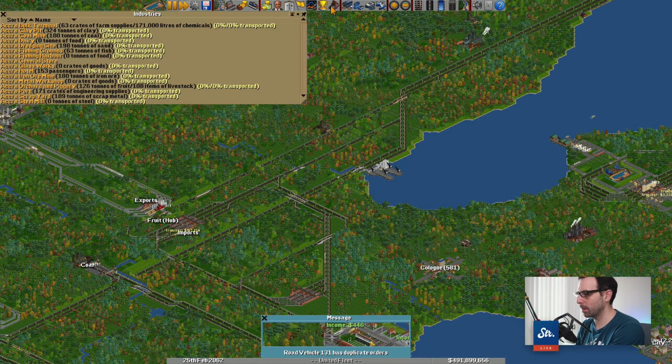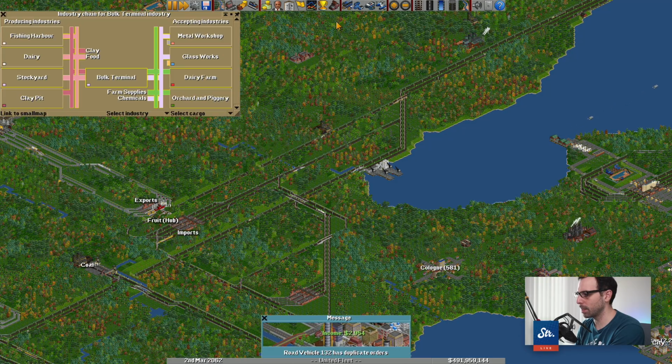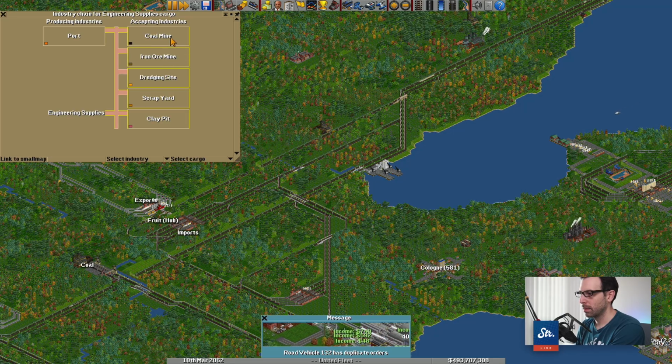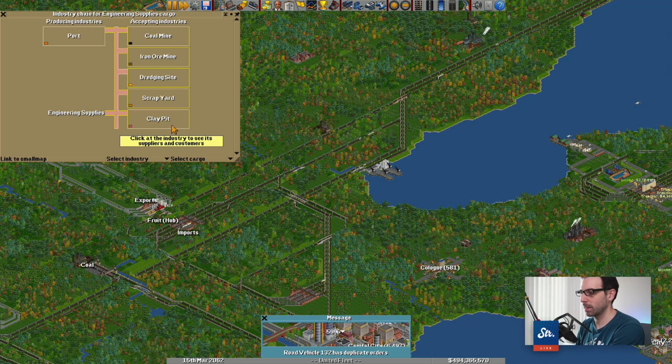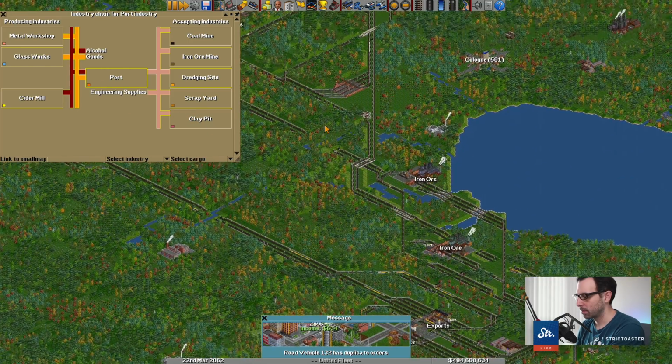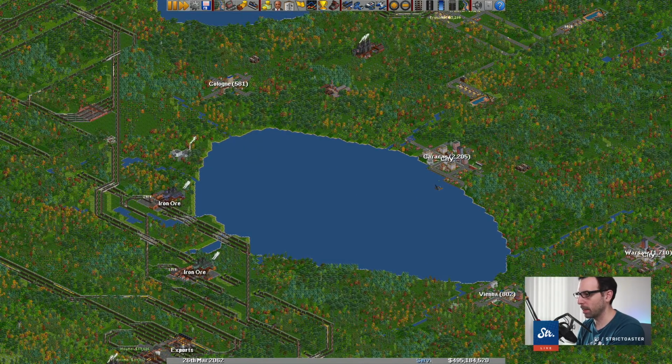Wait, hang on, I think I'm confused here. Industry chains. Engineering supplies. So we need one of these to accept it, and we need a port to produce it. Okay, so if we go into the map